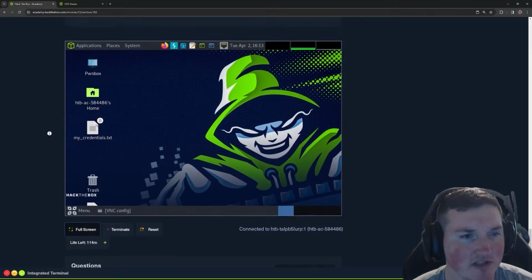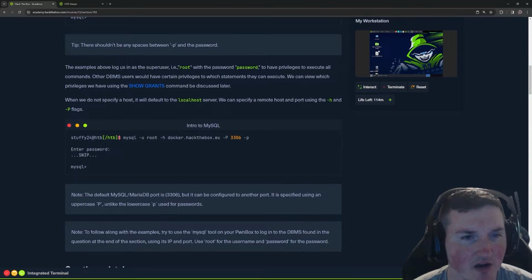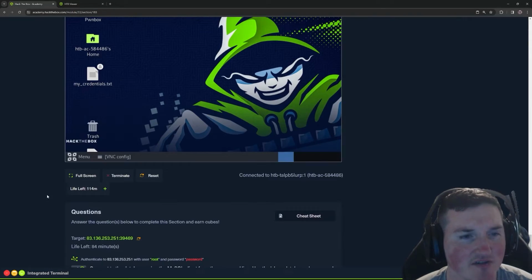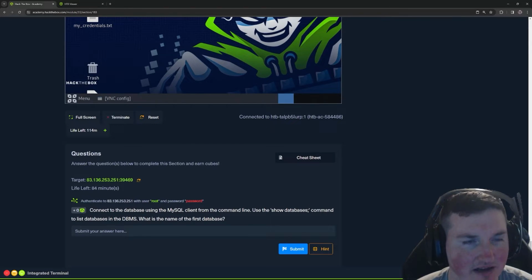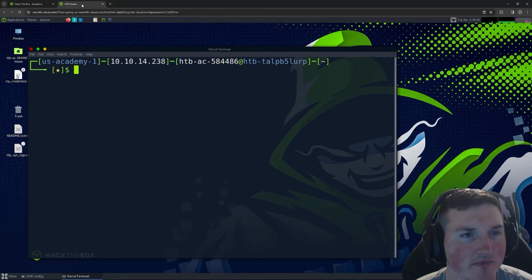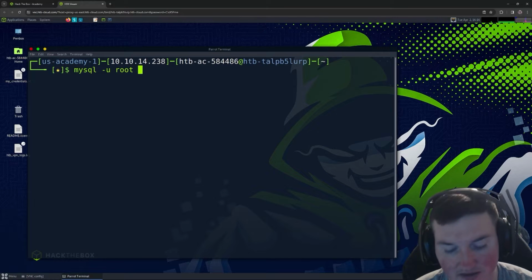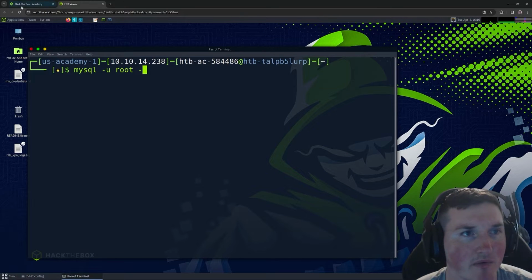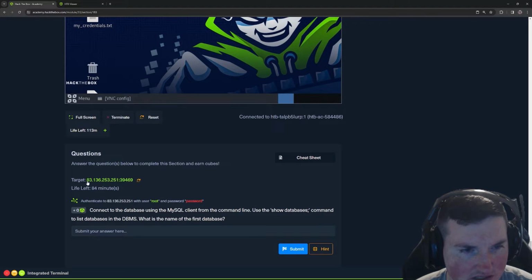So all we have to do is go up here and look at it. It'll tell you, if you just follow exactly what they said, we're going to say MySQL, and then we're going to use the username and password, and then the port and the TAC H for the host, right? So connect to the database. So it looks like the root user is root and the password is password, and then there's the port. So what we're going to do is we're going to say MySQL, right? TAC user, root, and then TAC P, but we want to leave the TAC P for now. So we're going to say TAC H, and then we need the IP address, which is